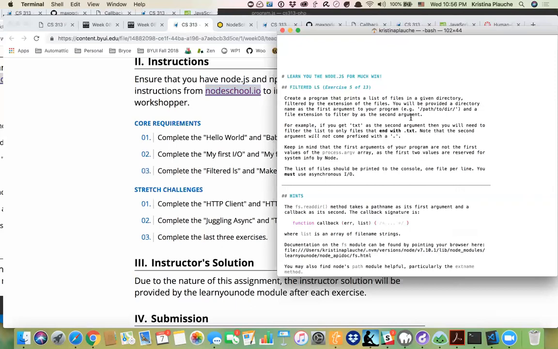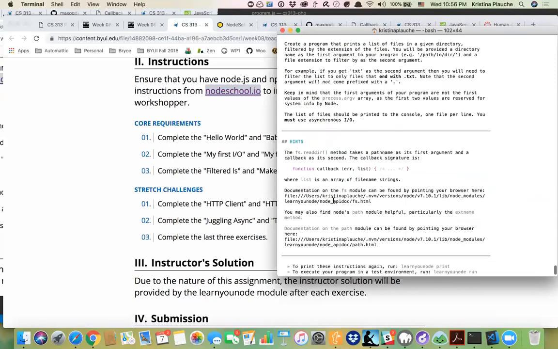Note that the second argument will not come prefixed with a dot. Keep in mind that the first arguments of your program are not the first values of the process array, as the first two values are reserved for system info by node. We know that. The list of files should be printed to the console, one file per line. You must use asynchronous IO. So